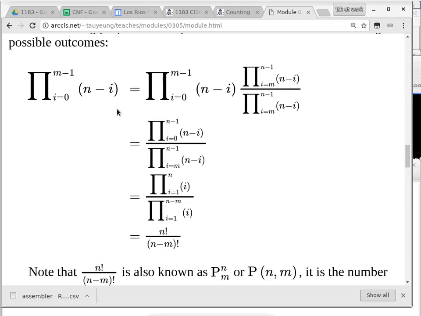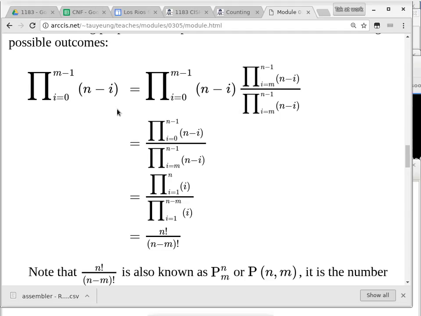So we're saying n minus I, where I goes from 0 to m minus 1, n minus I represents the number of possible outcomes for trial I itself. But because all of those things need to be multiplied, we use a big pi notation here to say that we are multiplying all of these things together. So that becomes, okay, so to go